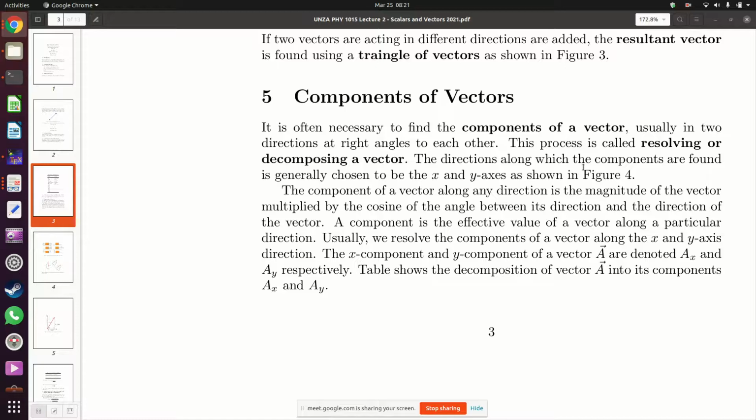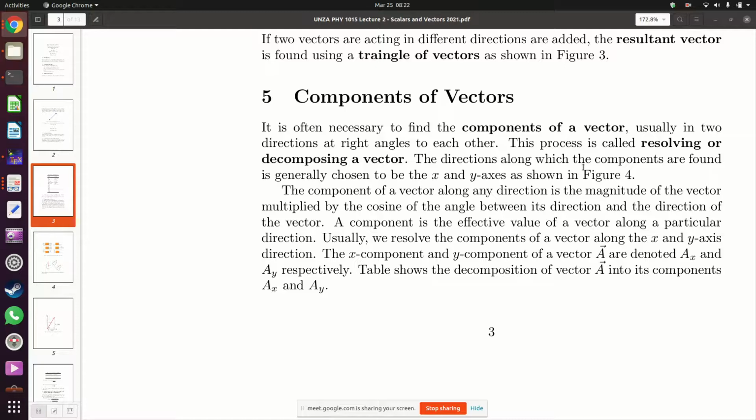So the process we carry out when you're trying to find out how much a vector is along a particular direction is what is called decomposing a vector or resolving a vector. When you're decomposing a vector, you want to find out how much a vector is along a particular direction. And the directions we are interested in this course are the x and y axes of the xy plane. Okay. So you want to find out how much a vector is along the x-axis and how